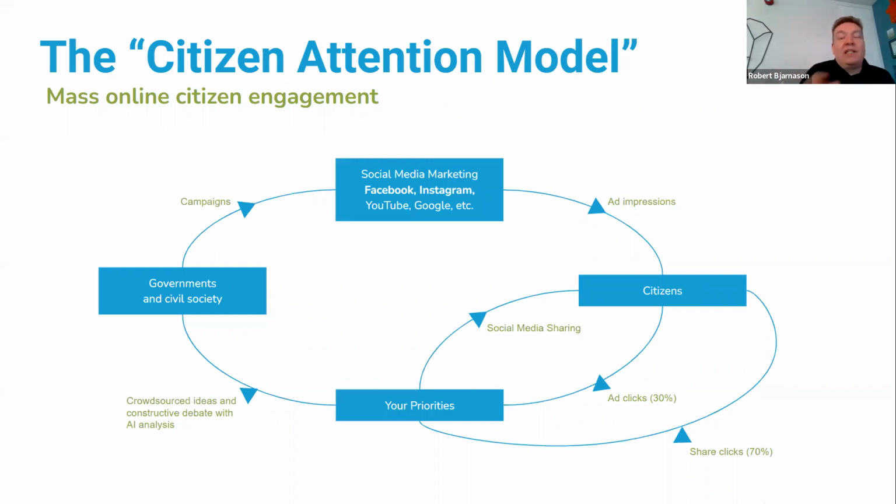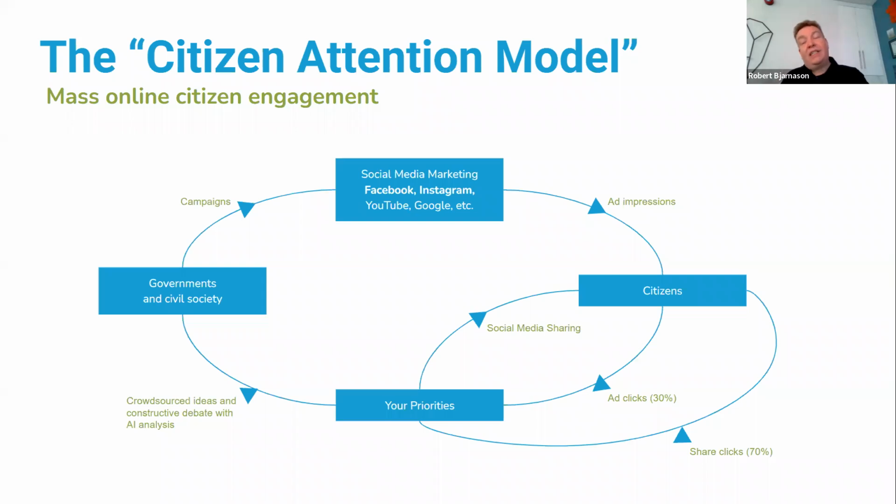But this model is like an engine. Because with social media like Facebook, they actually put emphasis on content that citizens share themselves, not like a news article or something like that.